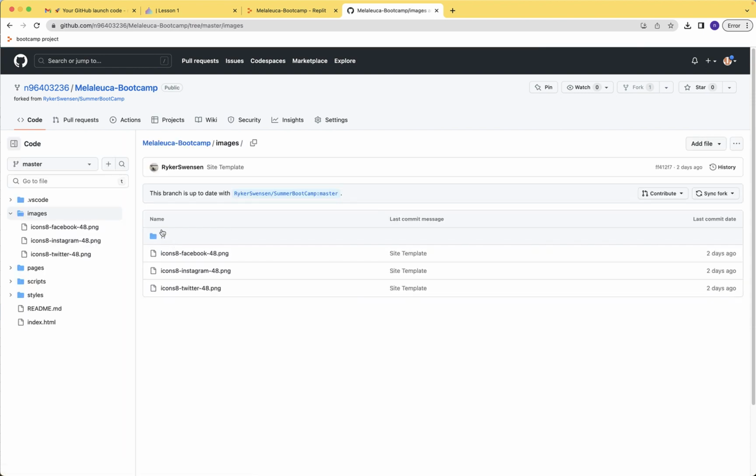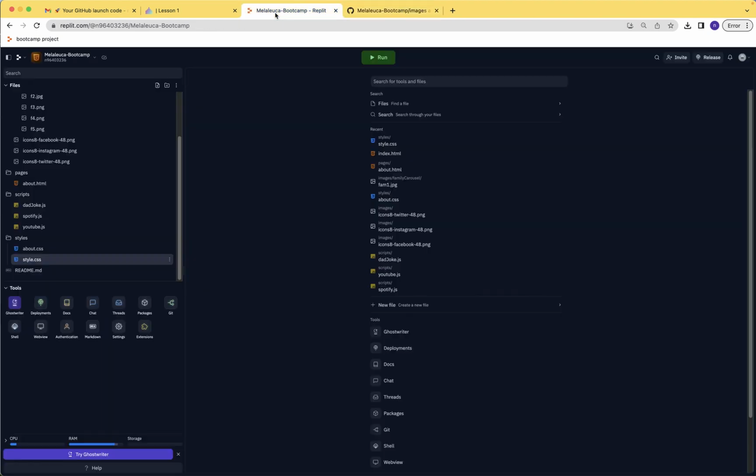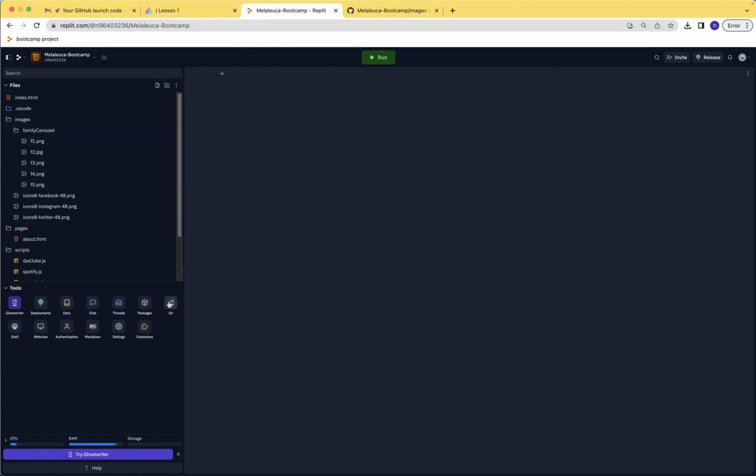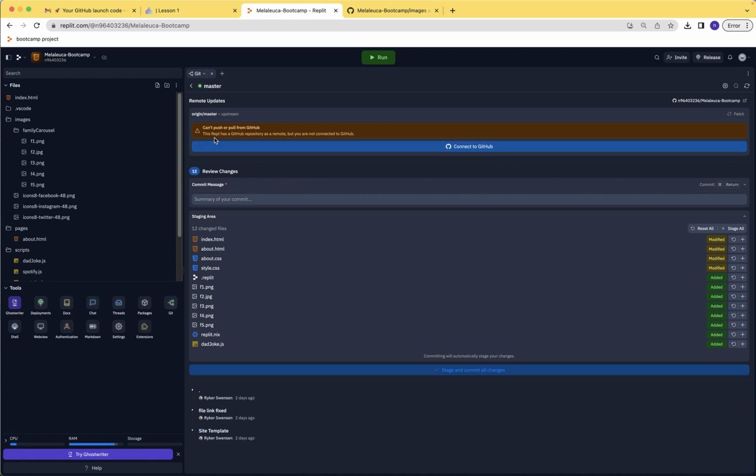So we can just check this really easily. Notice I have these 3 little social media icons in my images folder, but here in my images folder I have all these. Okay, nice easy way to tell that my content is not going to GitHub. So first things first, I'm going to click on Git, and it says, hey, you have this as a remote, which means you got your code from here, but you're not connected to GitHub. So I'm just going to say connect to GitHub,